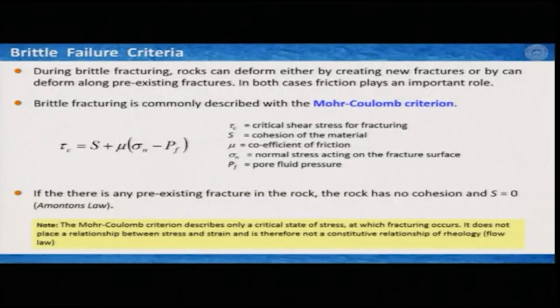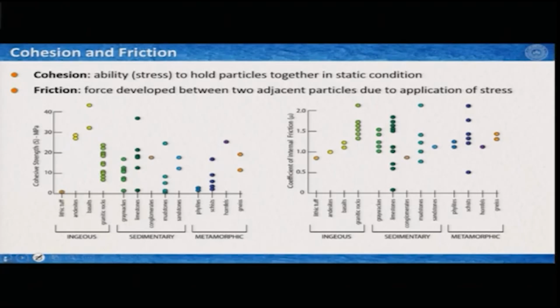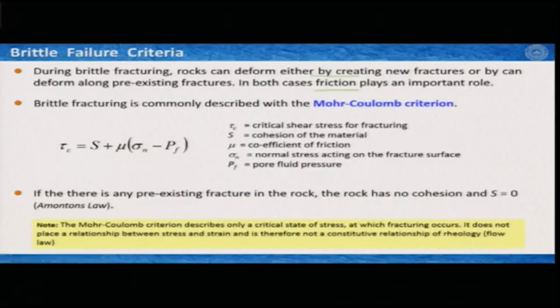So, during brittle fracturing, the rocks can deform either by creating new fractures or along a pre-existing fracture, and in both cases, as we have said quite a lot of times, friction plays a very important role. The fracturing processes that involve friction one can theorize by the Mohr-Coulomb failure criteria, which is expressed by a very simple equation,